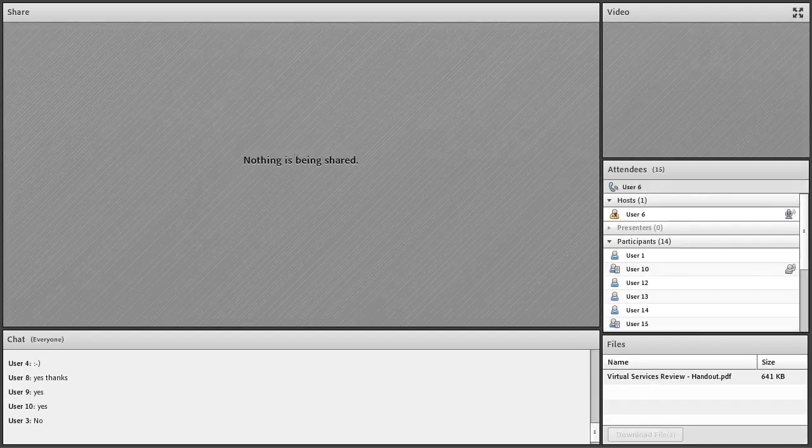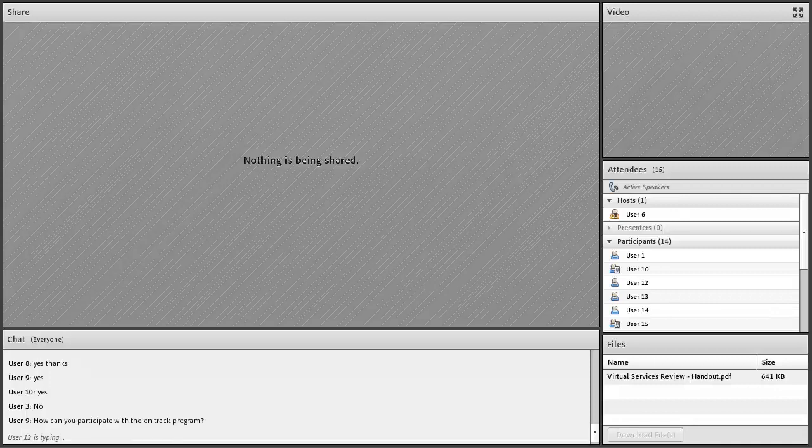Okay, so let me stop again and get back to a screen where you've got a chat box. Okay, Julie, I see that you have raised your hand, indicating that you've got some sort of question, but I want to open the floor to everybody. So what kind of questions might you all have at this point about our OnTrack program? And I see Mildred's asking a question, or at least typing something.